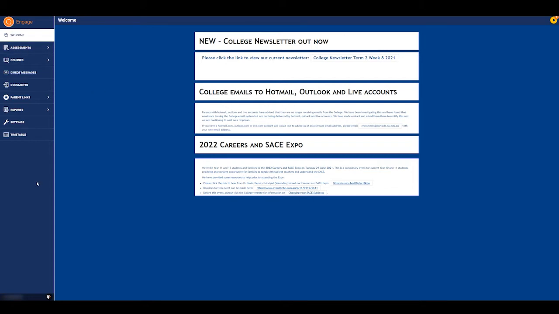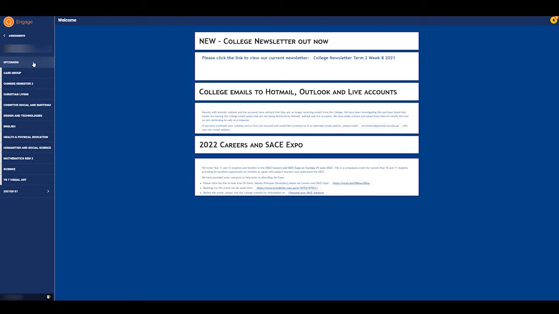On the left-hand side here, we have our navigation bar, and today we'll be going through the assessments, courses, reports, and timetable page. So I'm going to start with assessment. So I'm just going to select that. And if you have multiple kids enrolled here at the college, then that list will show there. So I'm just going to select this student here,